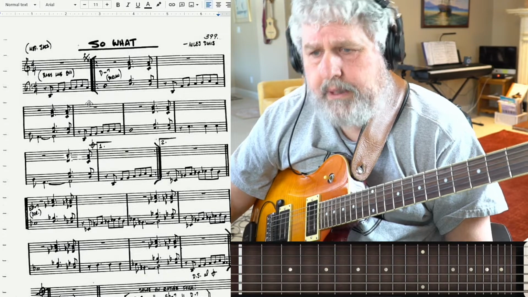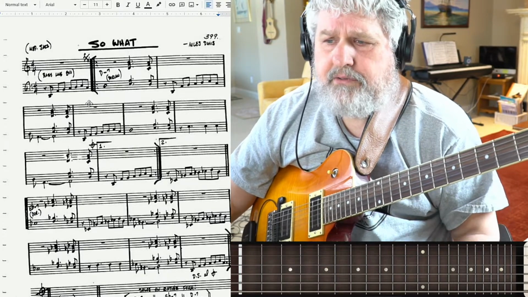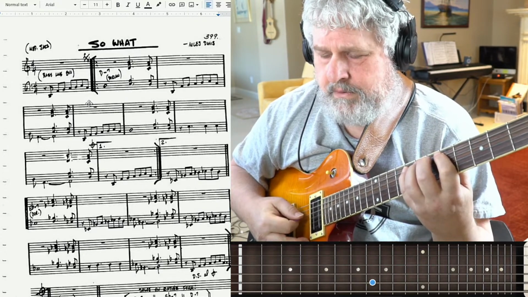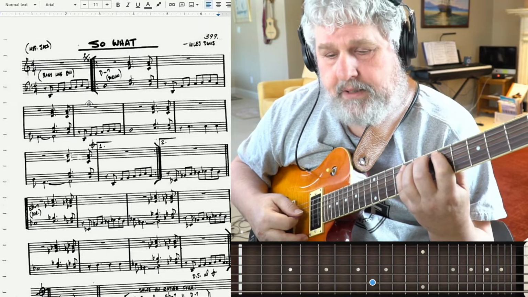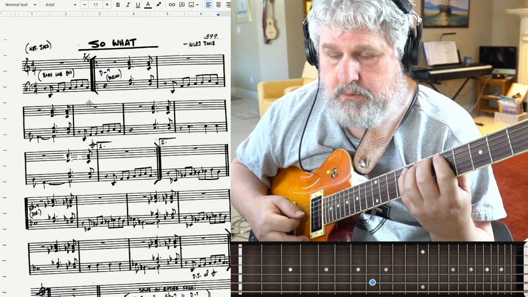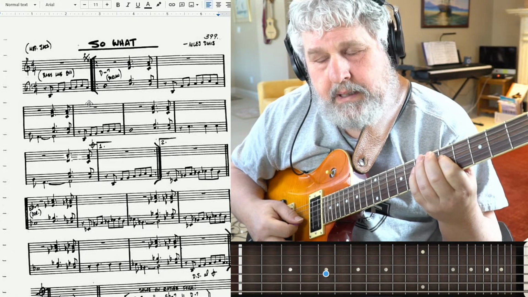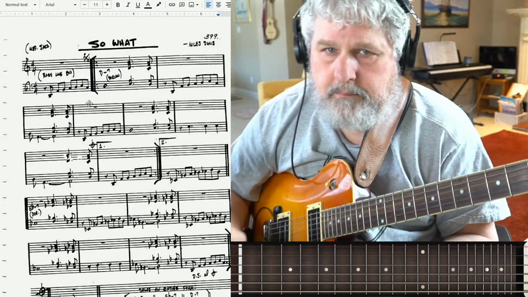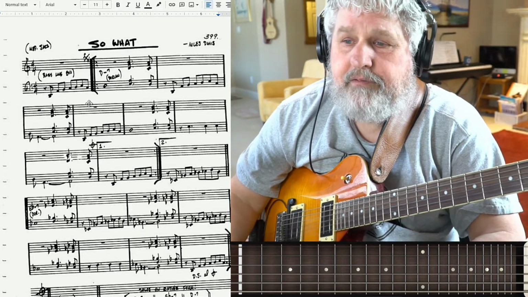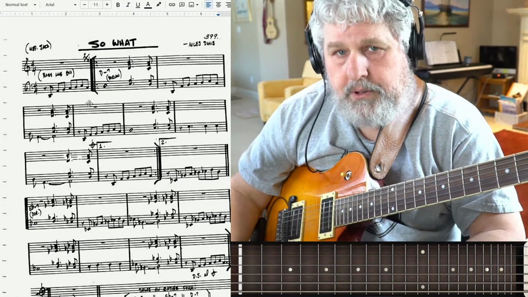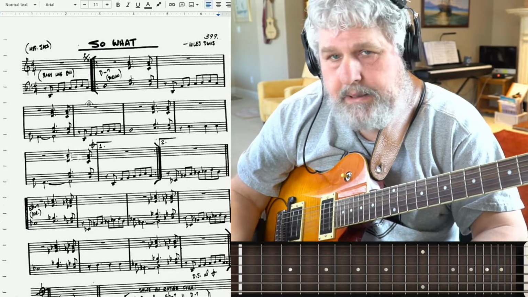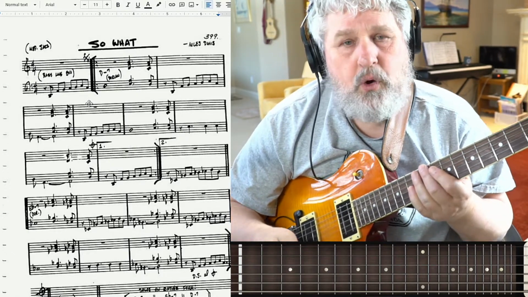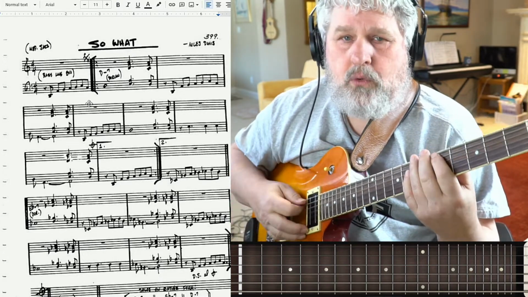Now, but back to Dorian. That's where we are right now. The Dorian mode is a minor mode. So there I've got my one, my two, my flat three that makes it a minor mode, and then a four, and then a five. So the four and the five are really important because we have a chord built on each of the degrees of the scale, but the really important ones are the one, the four, and the five. So we call the Dorian mode a tonal mode because we have a one chord, D minor,